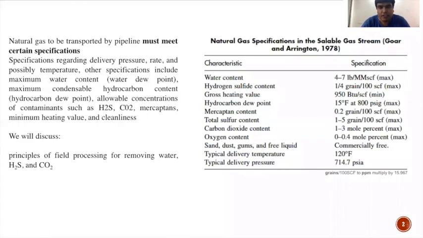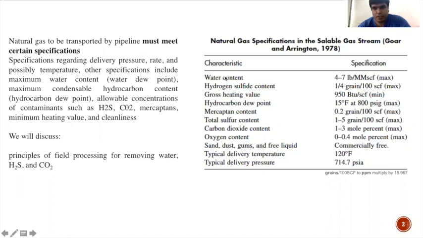Let's begin the topic now. Actually, we have been discussing gas dehydration in the last class, right? And then we have seen how we can dehydrate natural gas, which is coming all the way from a separator, which is carrying around 100 million standard cubic feet of gas, right? So we have seen how we can remove the water content.